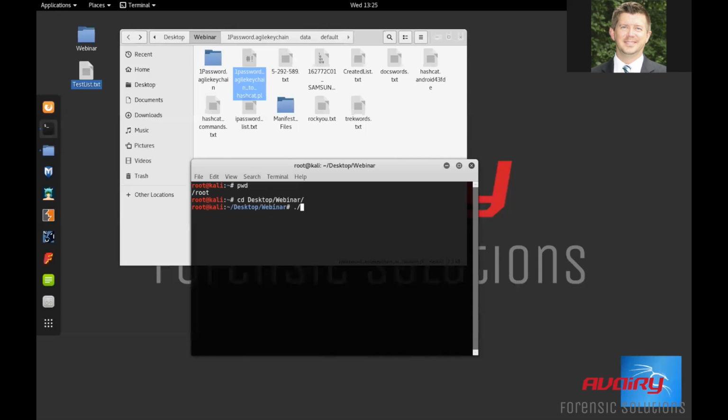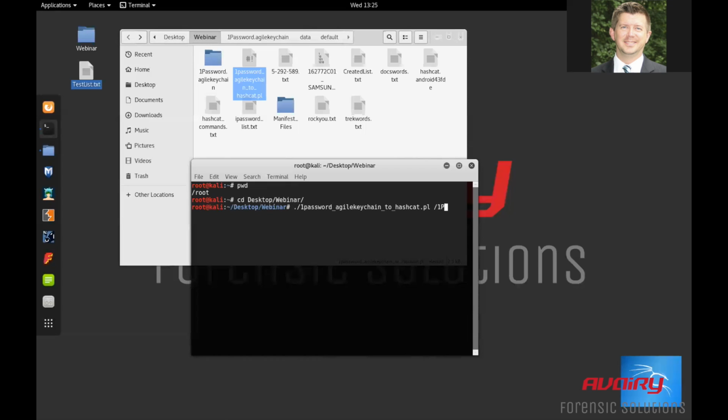So from here, I can run this 1password Perl script. And I don't type really that fast. If you guys didn't know, that little tab button is your friend at the command line. It will complete things if there's nothing else that's similar to it, so I didn't have to type all this stuff. So that's just going to run this Perl script, and I'm going to run it against this